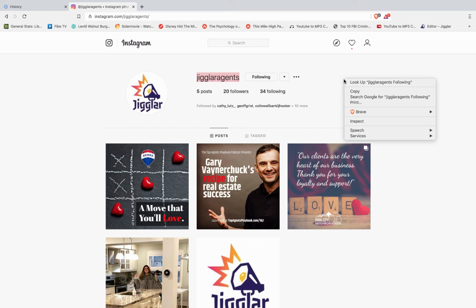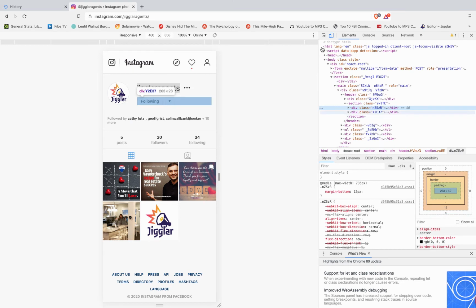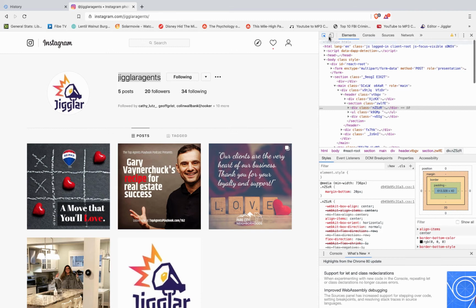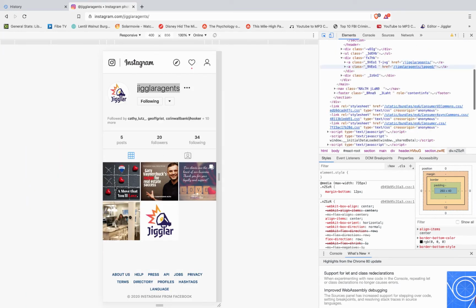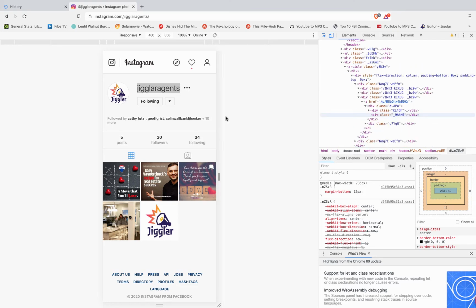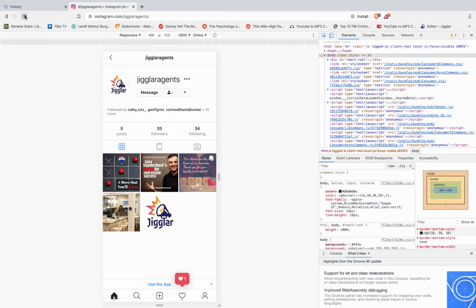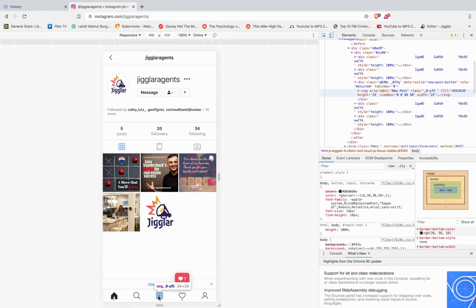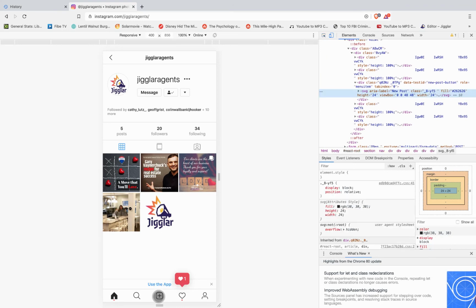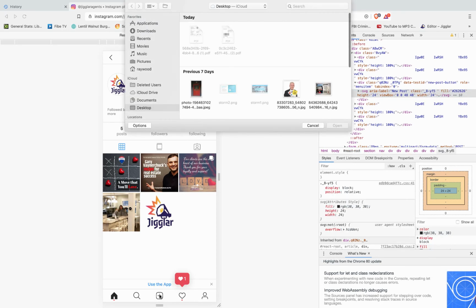Right click here, and you'll see a drop down menu. Left click on Inspect, and it's going to bring up, if it looks like that, then all you need to do is click up on this toggle up here, and it will change it to more of a mobile device view. Now you'll notice that it doesn't have the plus symbol here, so you still can't add your content. So what you want to do is click up here, refresh, and that will refresh your screen, and you'll see now that it has the plus image here, so you can use your laptop in the same way that you use your